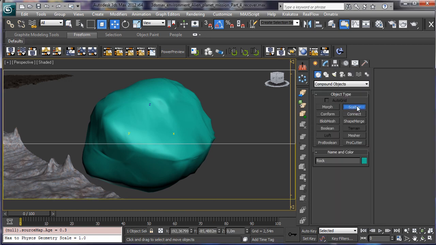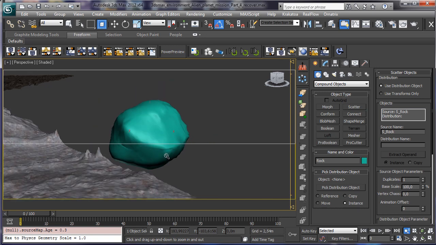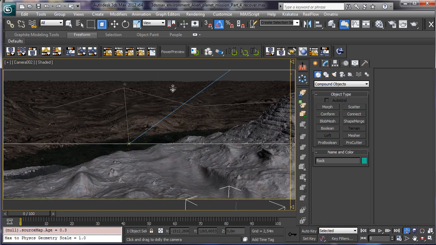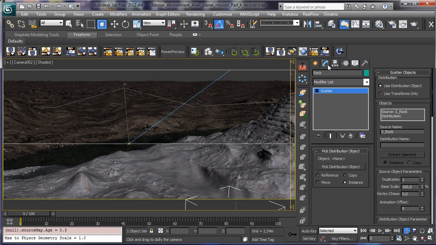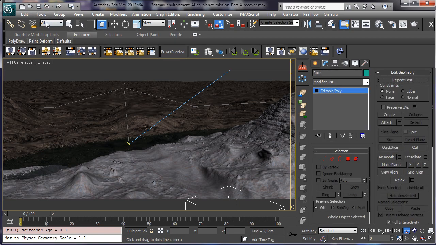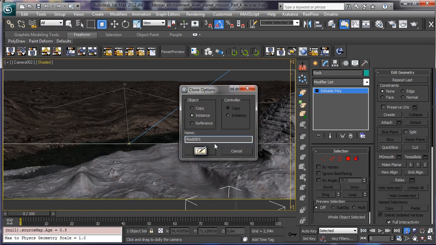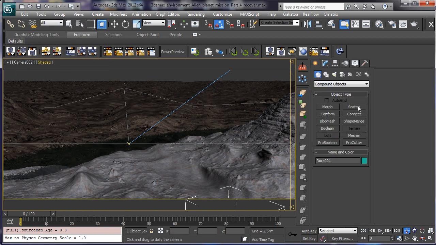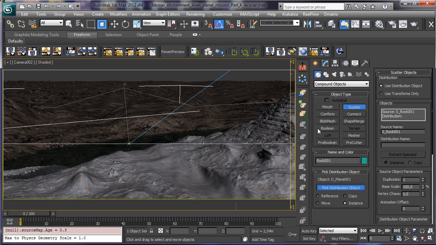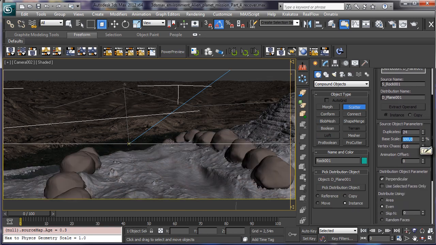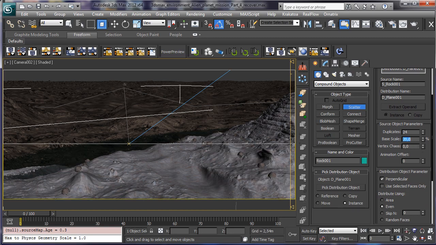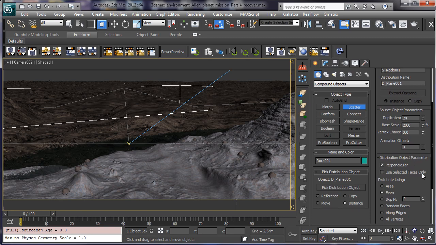Let's go to have the scattering. So scatter, and we need the distribution. Let's go inside the camera, and let's say that the first one is this one. So maybe we need, let's go back and let's make a clone. Okay, this one will have the scatter, pick distribution, and that's the distribution. Let's say how many copies we need. Okay, let's use as best scale, let's go for 20,